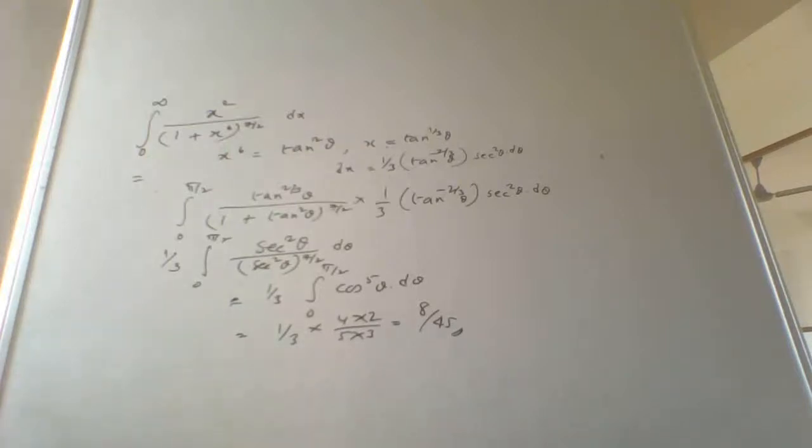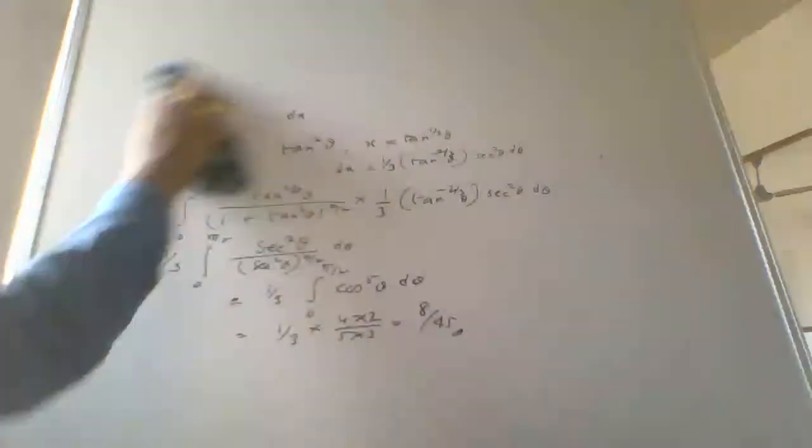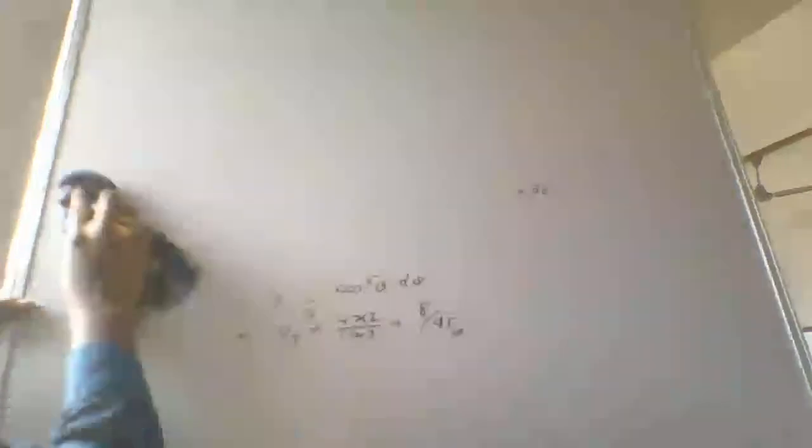I hope you understood this problem. Let me move on to the next problem here. Let us arrive at some of the results and then try to prove it. So if I have n as a positive integer, then let us prove that the integral 0 to pi by 2